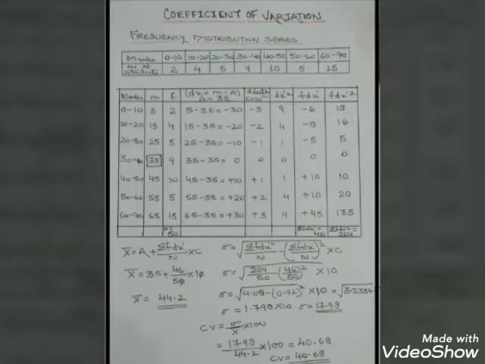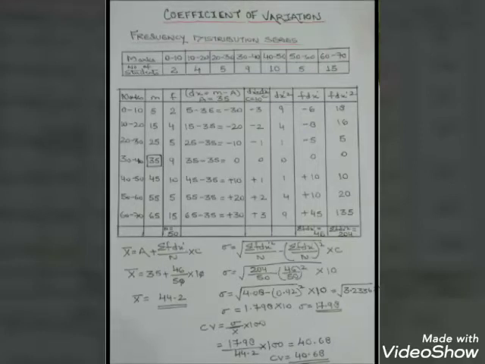Now the next thing, children, what you are supposed to do is you need to square up this deviation. So when we square up the deviation, that is minus 3, you get 9. 3 3s are 9. You square up 2, you get 4. You square up 1, you get 1. Then again plus 1, you get 1. Square up 2, you get 4. And then again you square up 3, you get 9. Right?